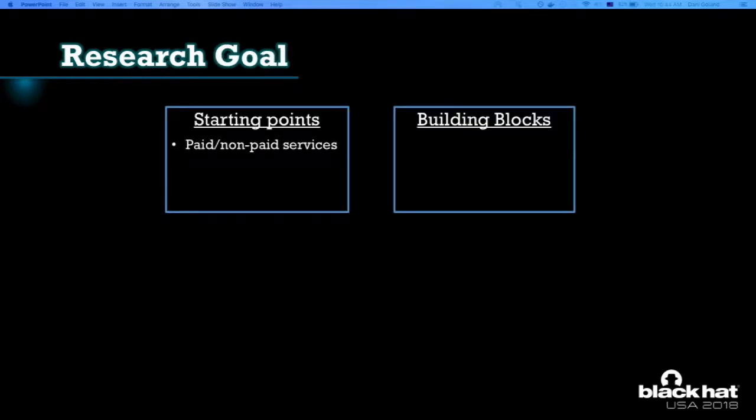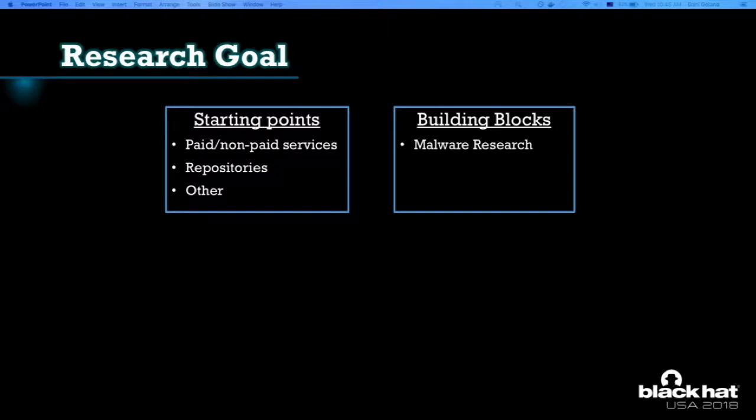So about the goal, we had our starting points and building blocks that Dani and I agreed upon. The starting points we wanted to inspect were the paid and non-paid services, some repositories that we found, and other platforms, all of them online.